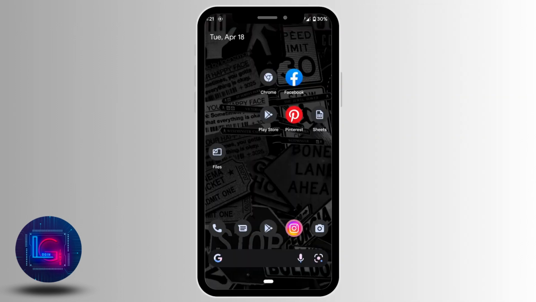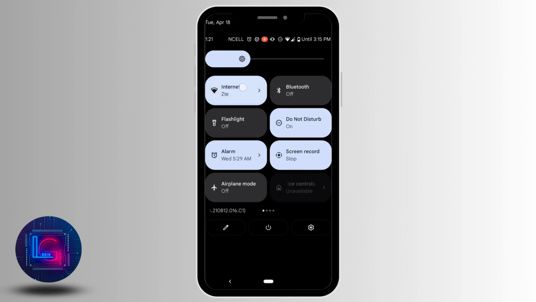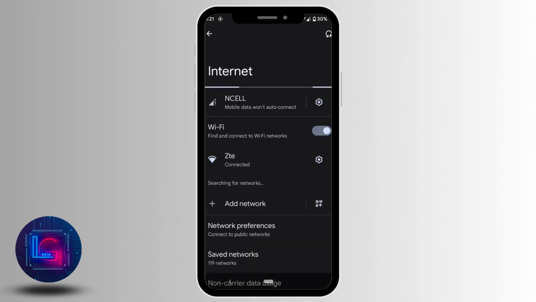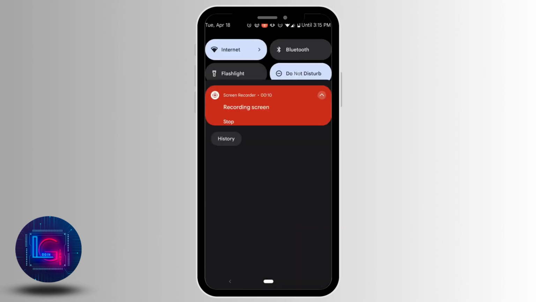So the very first thing is to make sure that your internet connection is working properly or not. If it's working properly, then you may go and try loading the video. And you may also try using your mobile data. If this doesn't fix your problem, then in the next step what you can do is head over to your